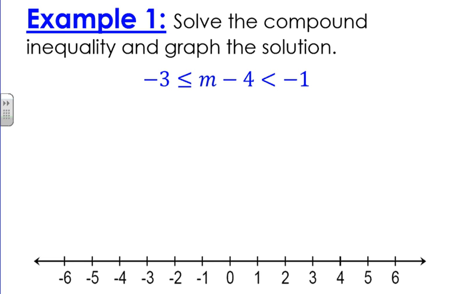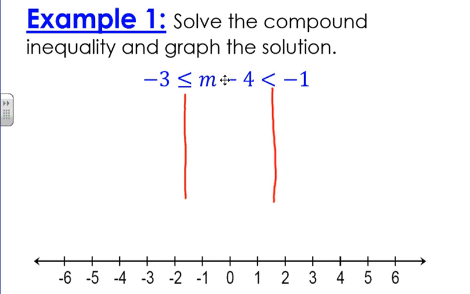In class, you talked about the difference between an AND statement and an OR statement. An AND statement is shaded in between the two numbers, and an OR statement is shaded on the outside because an AND statement includes both things. So let's talk a little bit about what this is. This is one that has to be solved. So before I can get started, I need to figure out, well, what is M in between? So this time, because it's an AND statement, because it has to satisfy both of these things,